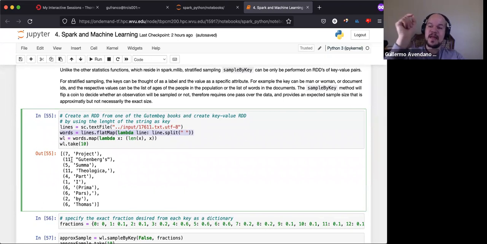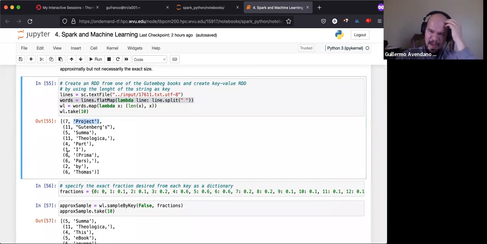And now I am building a key-value RDD, which is something that we discussed last time in the previous workshop, which is basically having a label here and a value here. That is how an RDD will be interpreted: a key, value, the first element, second element. The key for us will be the length of the string. And now we will ask, okay, can we get a sample of this RDD that respects some statistics for the elements on the labels,